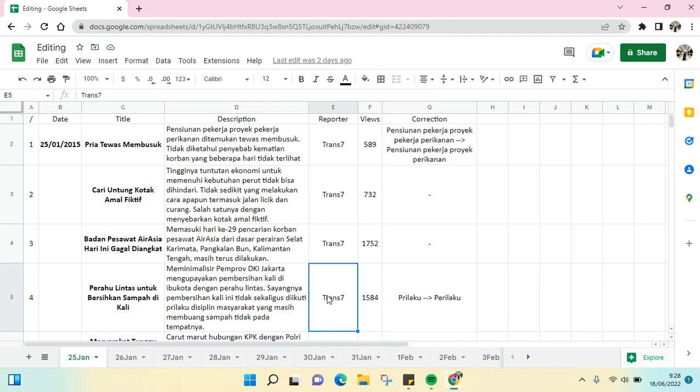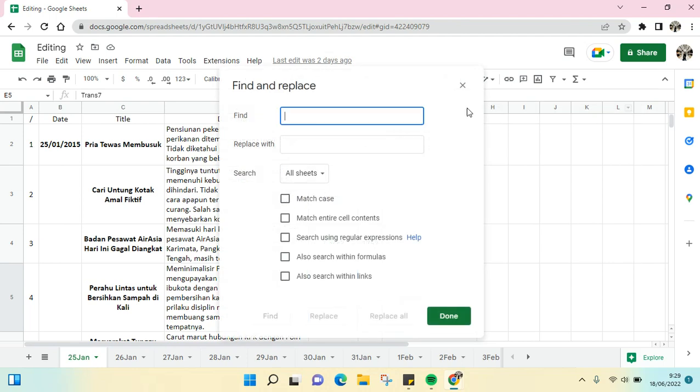So here you can just press Control plus F, Control plus F, to activate the find feature in Sheets. But if you need to use more options, just click on the three dots icon here, and then as you can see here, you can just click on find. For example,